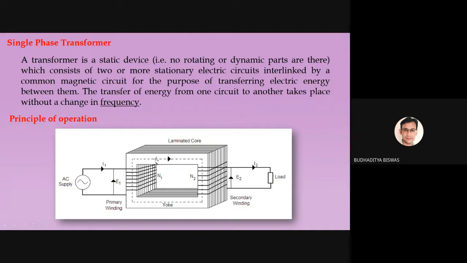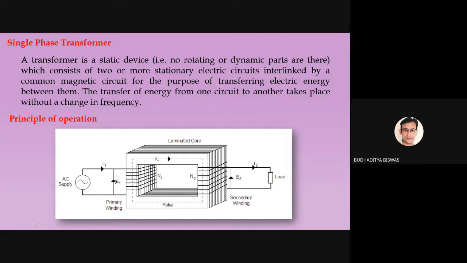Now, when this AC flux is linked with the secondary winding of the transformer, according to Faraday's law, some voltage will be induced across it. This voltage is called E2. And if the secondary circuit is closed by a load, then some current will flow through it. This is called the secondary winding current. This is the very basic operation of the transformer. So we need to apply some voltage across the transformer primary winding. Then what is the difference between that voltage and E1? Because there is no resistance connected in between, so they should be the same, but not.